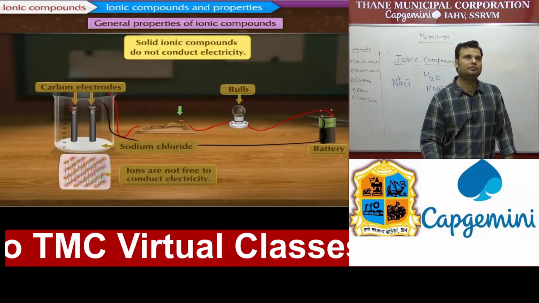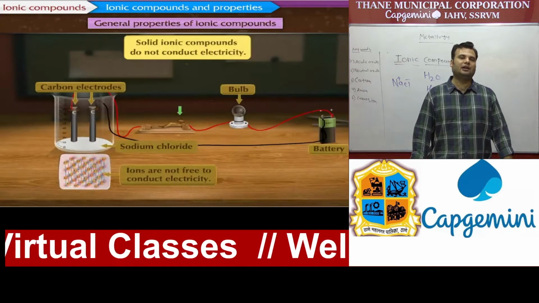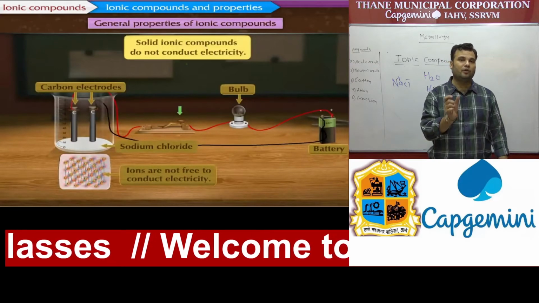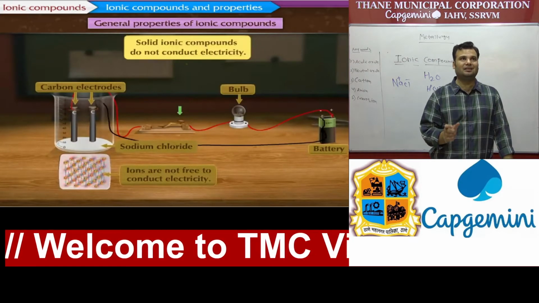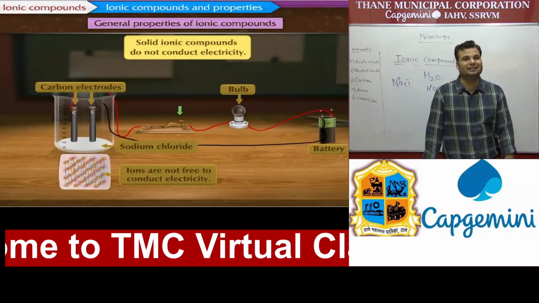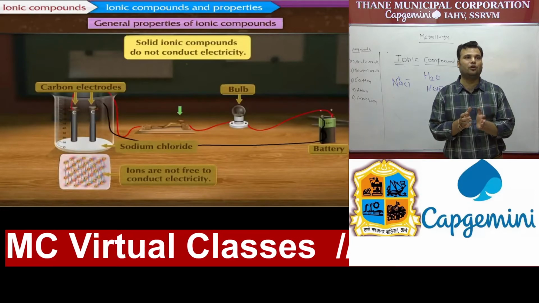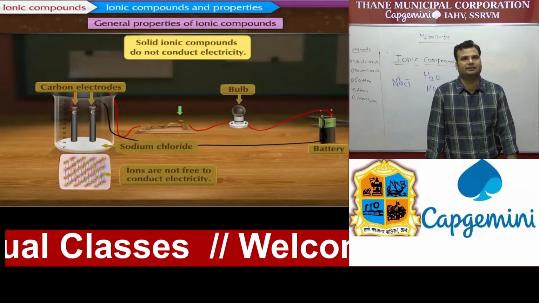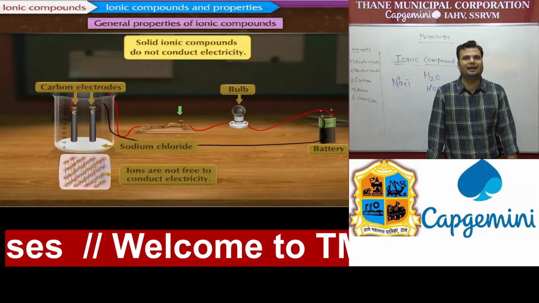Next, yes, that is very important. Student, remember that we know that all ionic compounds contain the ions, means positive ions and negative ions. But one important thing you have to remember, ionic compounds can conduct heat and electricity, but solid ionic compounds do not conduct heat and electricity. The reason behind that, in solid form the ions are not free, they cannot move, and whenever they cannot move, that time ions are not free to conduct electricity. So that's why solid ionic compounds do not conduct electricity.